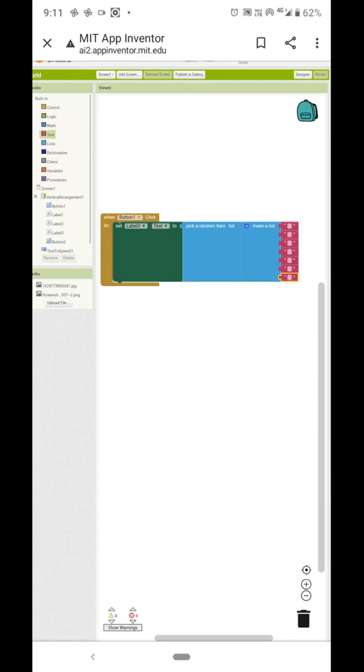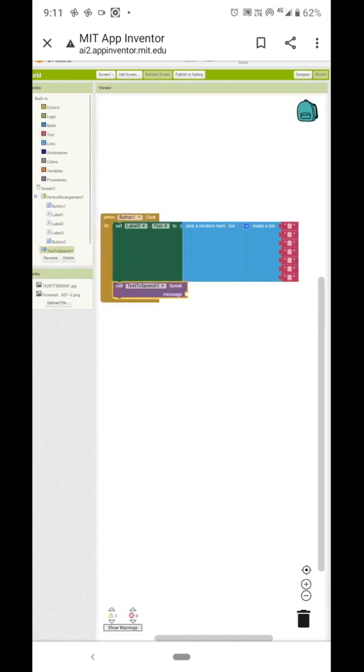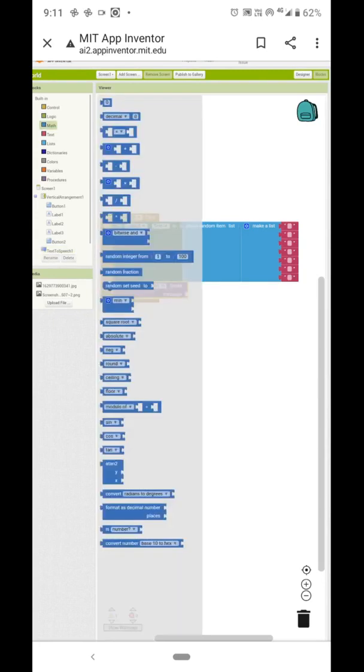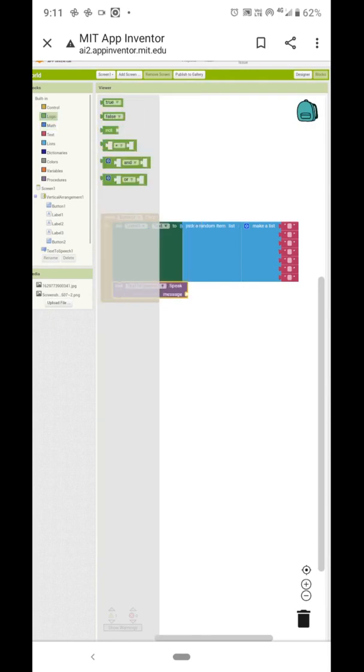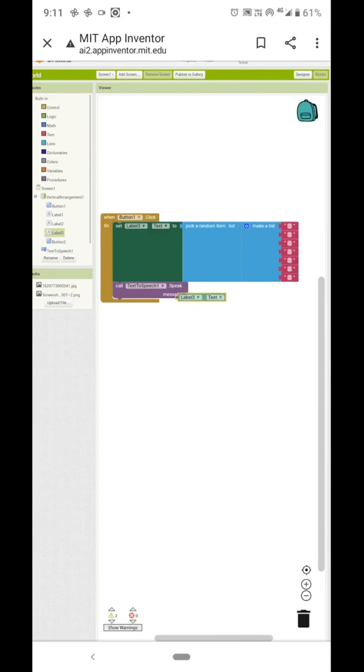Now we will type the monument names. Before that we will call text to speech here, and we'll put a message: result, sorry, label 3 dot text. So whatever is spoken, it will be displayed here.